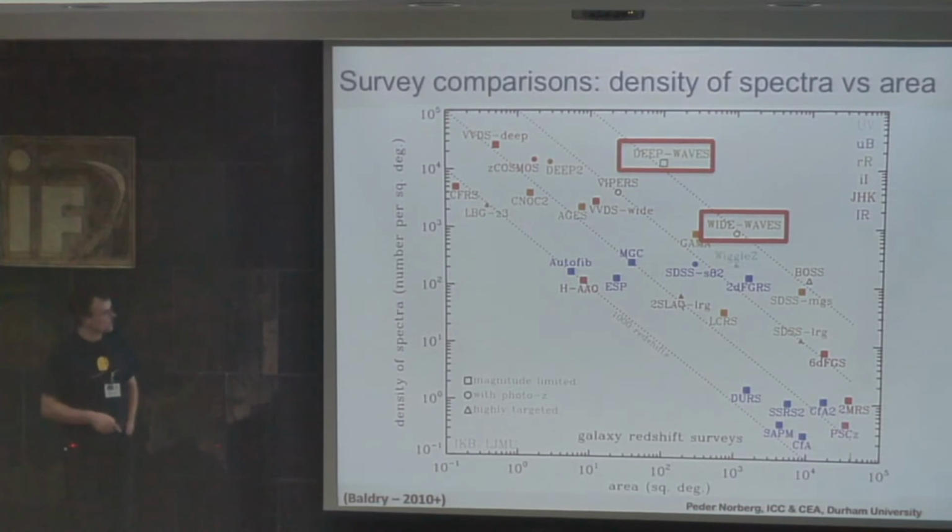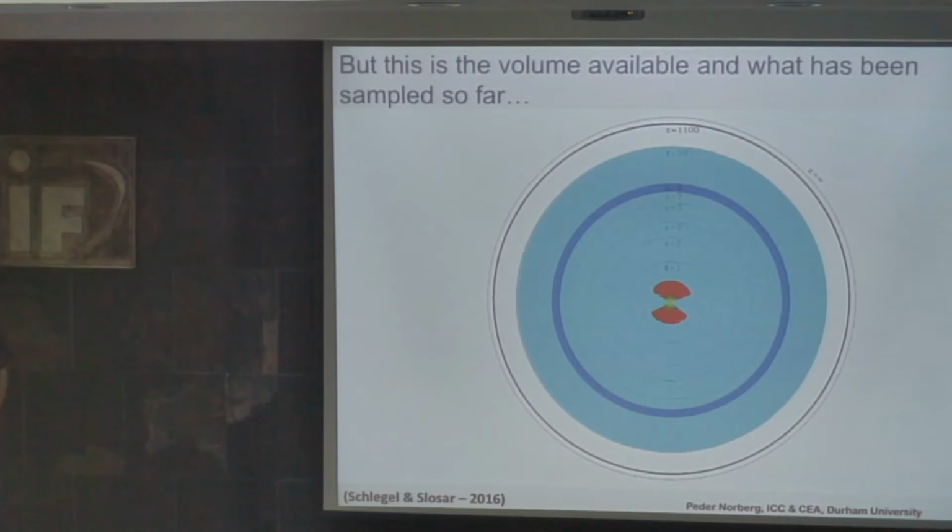If you want to put in DESI here, DESI is very large out here, but it doesn't have a huge number density of objects per square degree. It's over the order here, but it has absolute loads of galaxies. But the aim is different. It depends whether you are cosmology oriented or galaxy formation oriented. Anyway, this is the volume we have sampled so far for BOSS.